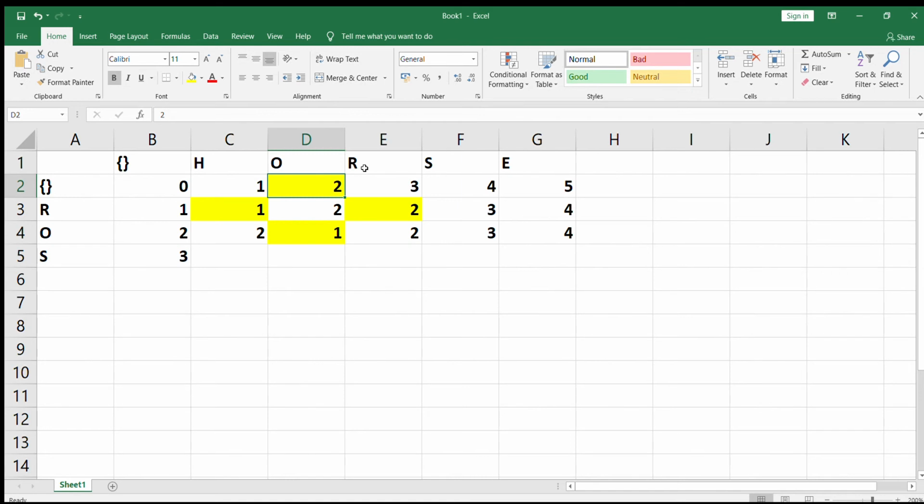So what is left is, if I didn't have this character, what was the number of operations required? That means if I did not have this character in either string, it is basically like going from HOR and R to HO and null. So that is why you are comparing HO against this null.